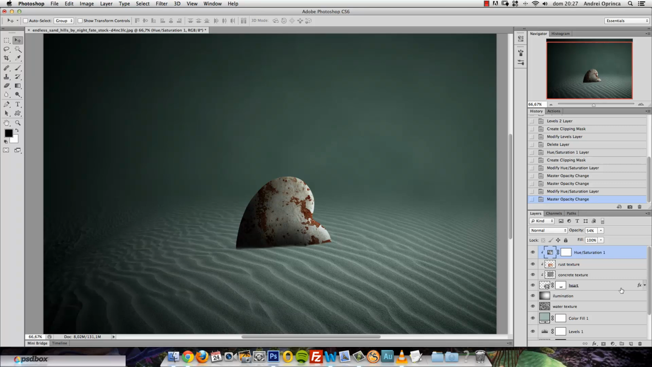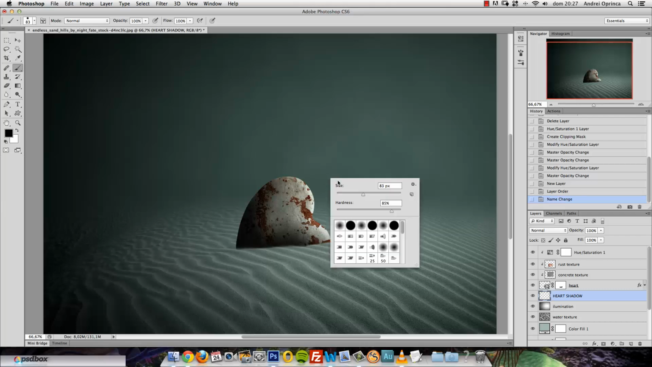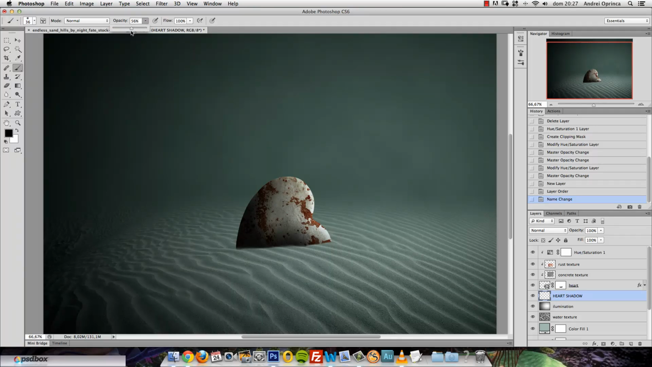So I'll create a new layer under the heart layer, because the shadow has to be under it. So I'll name this hard shadow. I'll get the brush tool, set hardness to 0, and the size, and I'll set the opacity and the flow to about 50%, and make a shadow like that. Well, it's not looking too nice. Well, actually, if you're not really good at painting, I'll show you a better way, an easier way to do that,